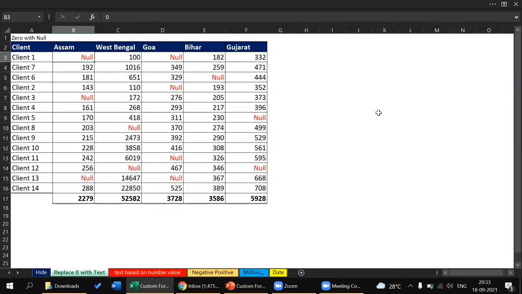When you hit it, you will see that all the zeros in the selected range of the cells has been converted into null value. And the interesting part is that the value still stores as 0, but it is being disclosed as the data or as the text that you want to be displayed to the users. And in this way, we can use this custom formatting to highlight the 0 with null value or with any text that you want.